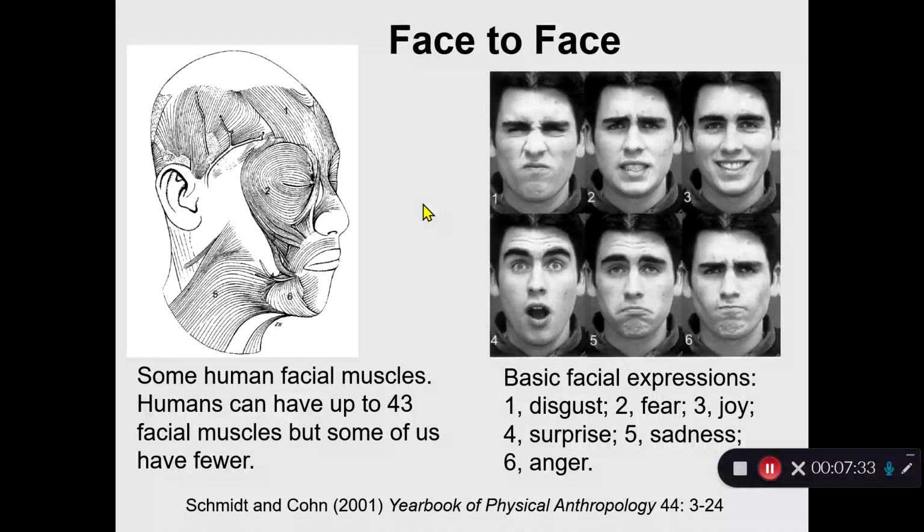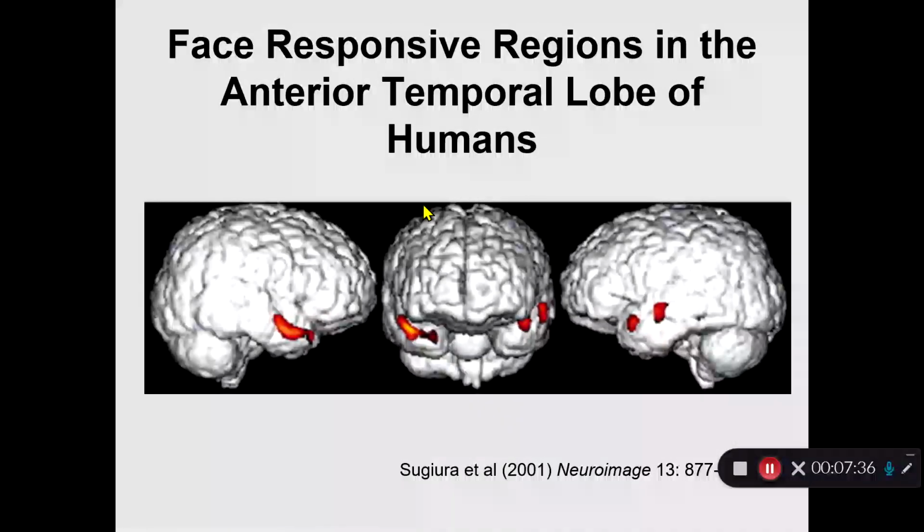So we have very high order levels of our brain that control our facial muscles and that also can perceive facial expressions. Shown here is what is called the face responsive region in the anterior temporal lobe of humans, otherwise known as the fusiform face area. The fusiform face area, I'll show you a slide with that specifically in a few minutes. Again, this is very, very high order. This is almost at the very end of the temporal lobe. Very, very high order temporal lobe devoted to